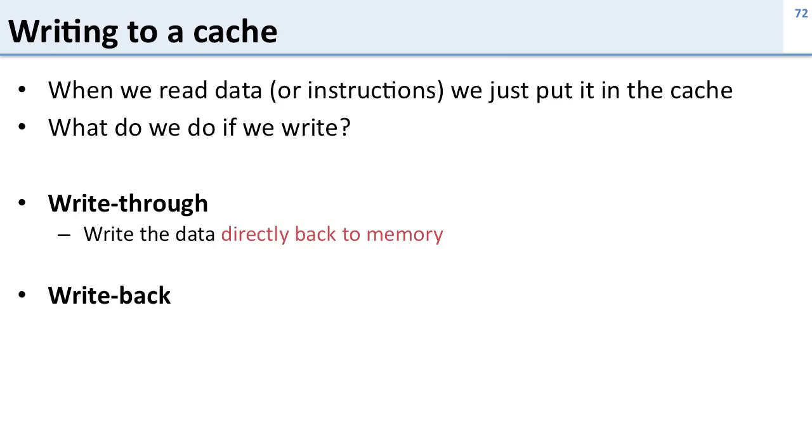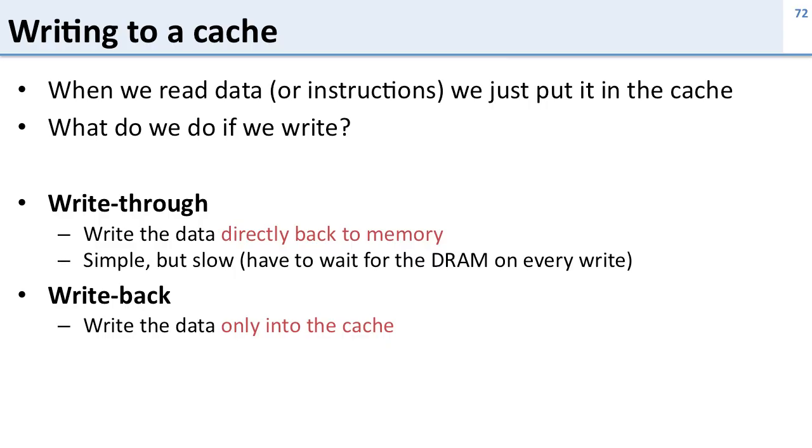In a write through cache, we write the data directly back to the memory. So we're going through the cache directly to memory. On write back, we're writing the data only into the cache. That is, we're not writing it back to memory. Write through is simple, but it's slow because we have to wait for the DRAM, whereas write back is more